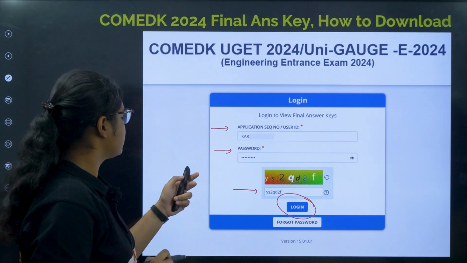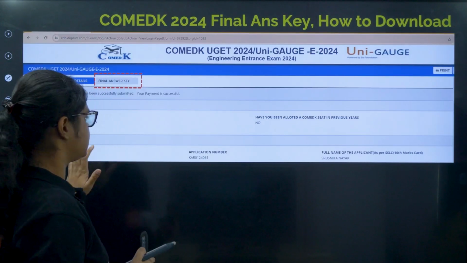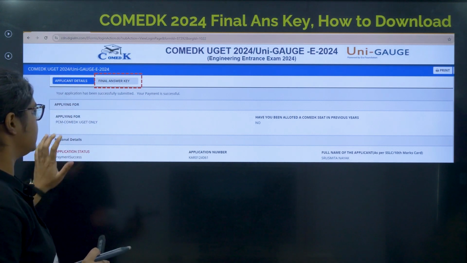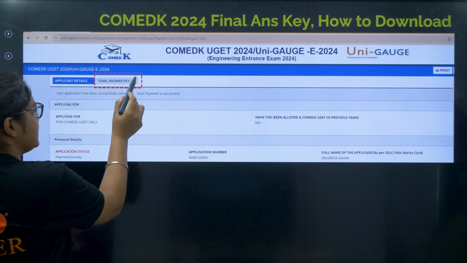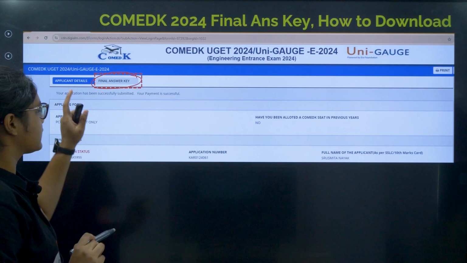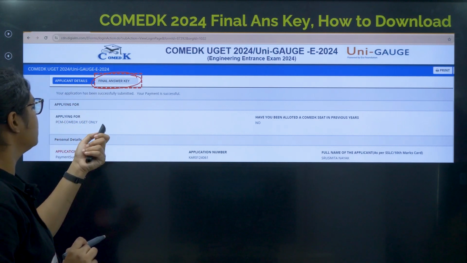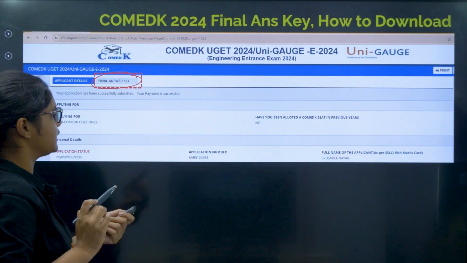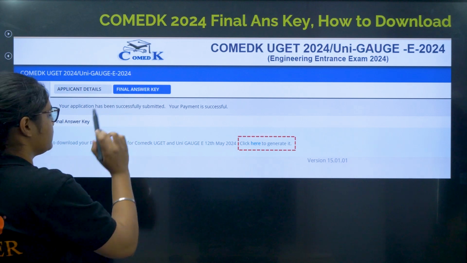Okay, so once you click on this, you will be directed to this page where you can see your application details, and here you can see the final answer key. Okay, so click on this final answer key tab. So once you click on the final answer key, you will be directed to this page where you can see